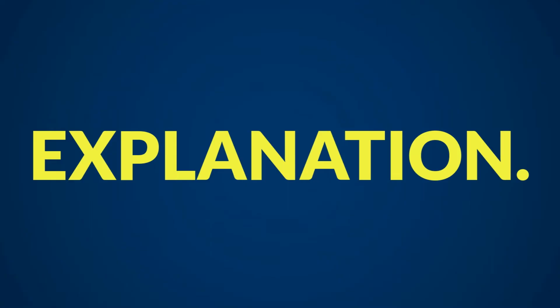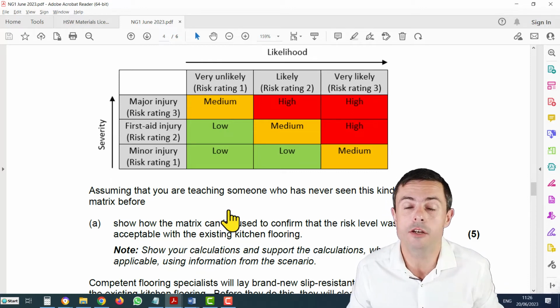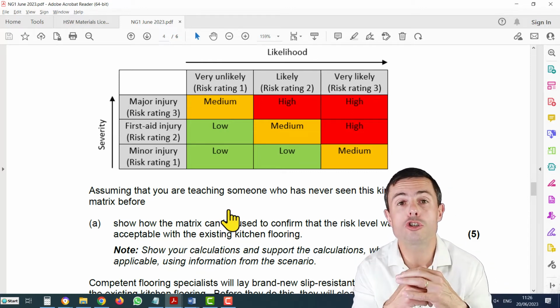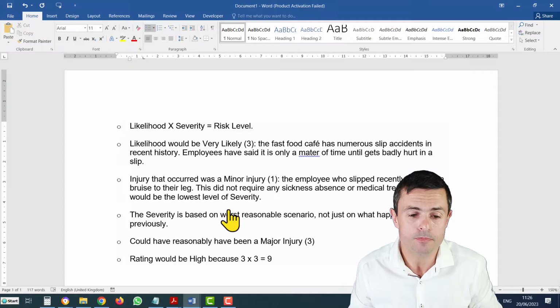The next part of the P principle would then be to add a bit of explanation. Remember the question, just go back to the question, and assume you are teaching someone who's never seen this kind of risk matrix before. So just assume that your examiner is a complete newbie. Assume you are the NEBOSH tutor and your examiner is the learner. What would you say to get this across? So the theory is,